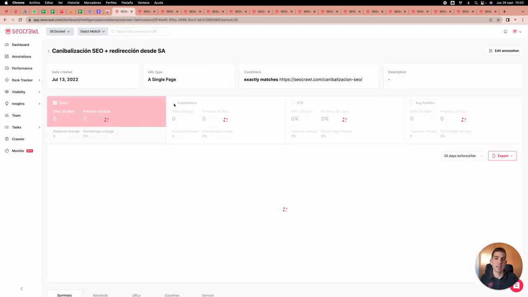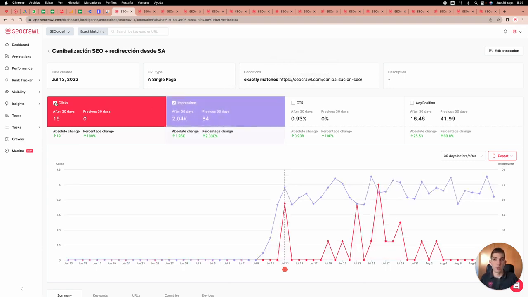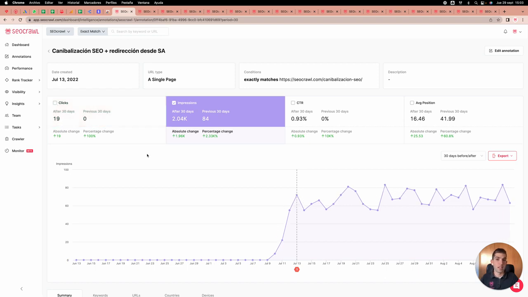I will select clicks and impressions so we can see. And what we will see is 30 days previous to the change and 30 days after the change. For example, we created a new piece in Spanish and we had 0 clicks. Automatically, after creating this piece, we generated over 2,000 impressions and 19 clicks. And as you can see, it can be seen exactly when the change happened and which were the results